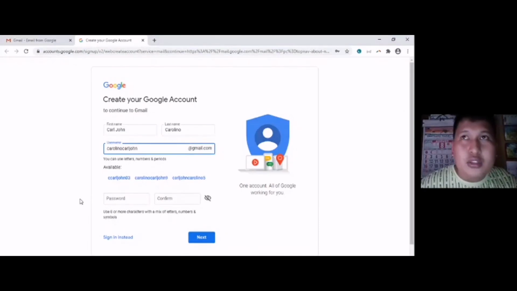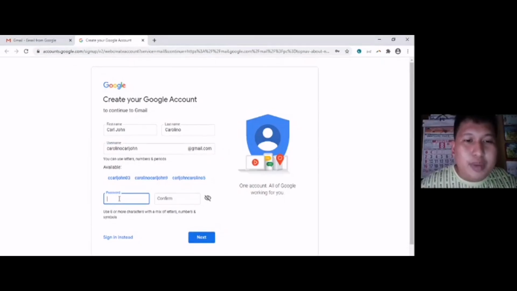Do not use your birthday or your home address, because those are very important personal information, and if you encode those, they might be used in hacking your online accounts or your bank accounts.